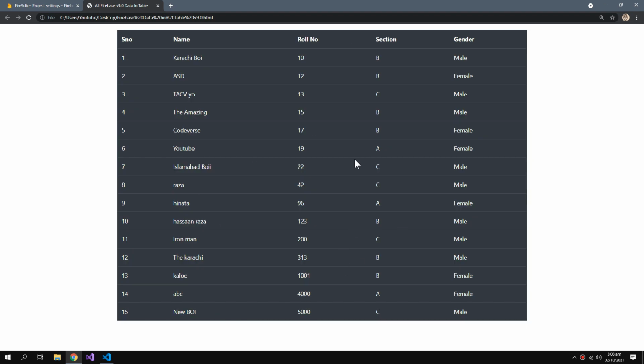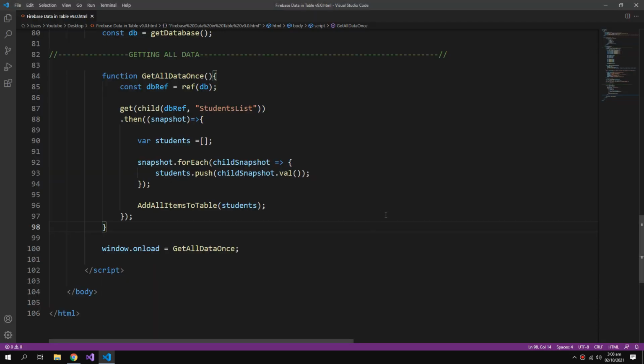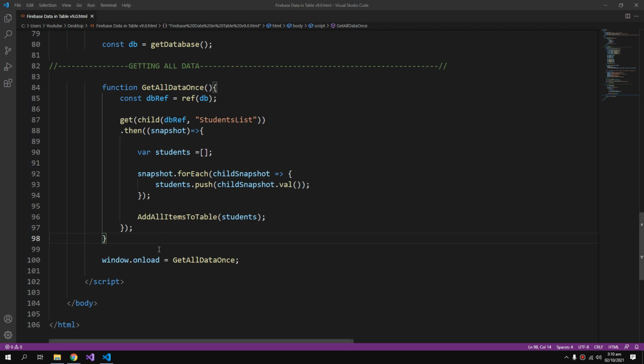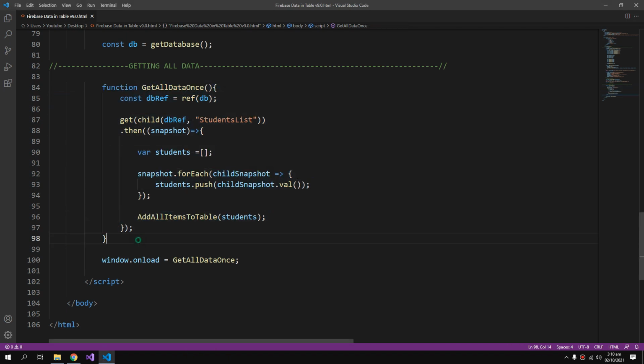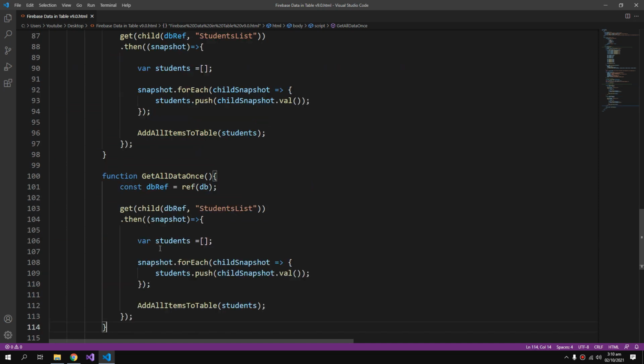So my data is here. I will create another function for getting the data real time.